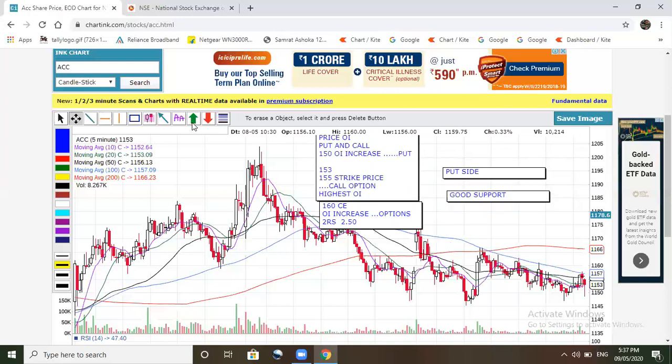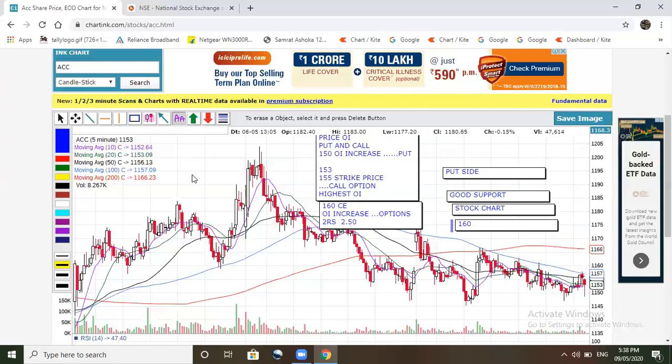Another confirmation you have to take in case of confusion is from the stock chart or index chart. Meaning, price action you have to study. Price action will tell you whether long build-up is happening at that level or not, or whether 160 is the resistance on the chart. If it is resistance on the chart, then what you have to do is, if you have bought at 150,